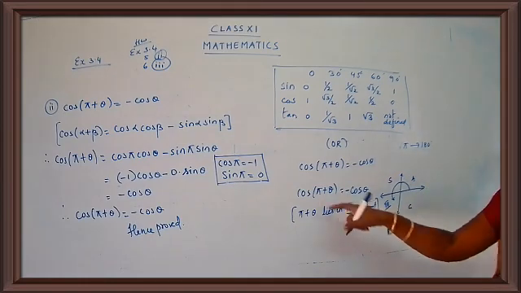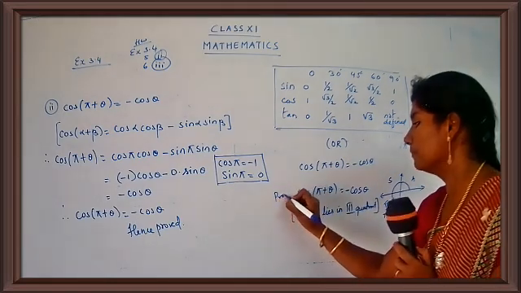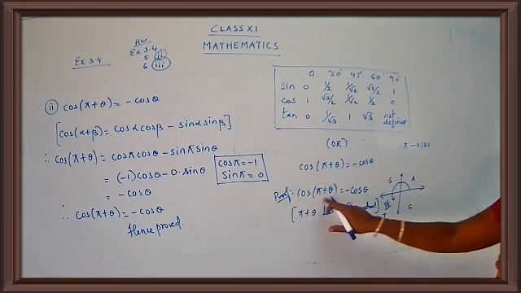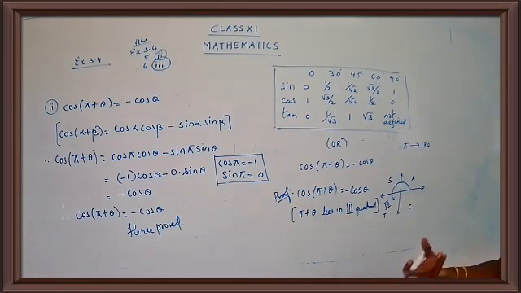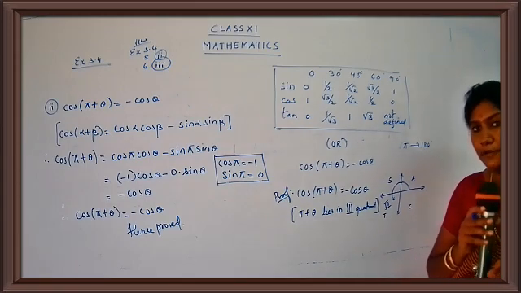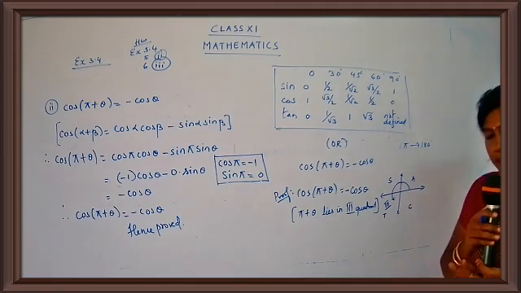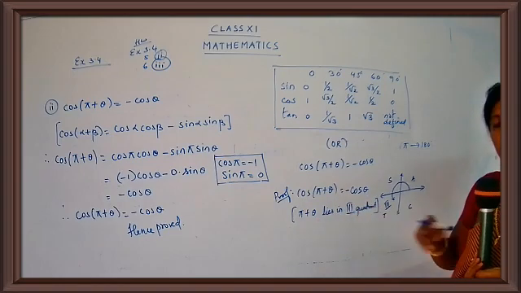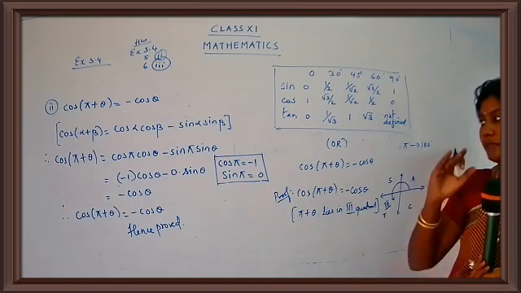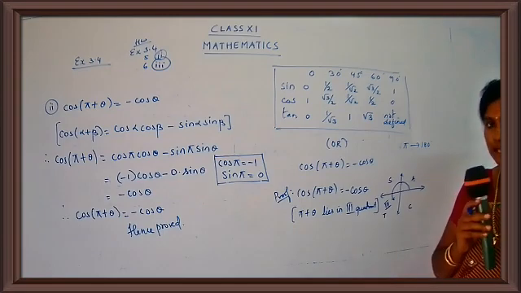You can just try. See, the answer is here. This is the proof part. Finished. Cos(pi plus theta) is minus cos theta. I did the answer directly. I have just used two things. I have checked whether it's an odd multiple or an even multiple. If it is an even multiple, the cos remains cos. And if it is an odd multiple, the cos will change into sine. That is the one thing you have to do.